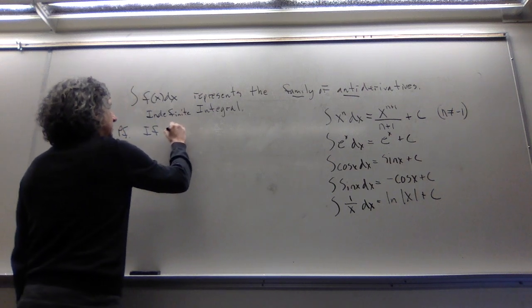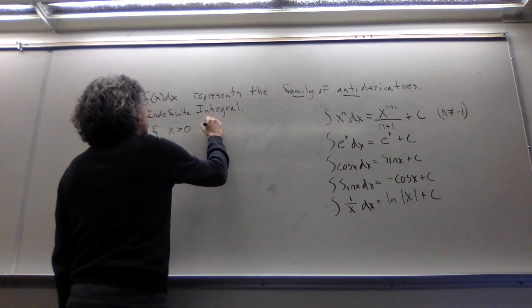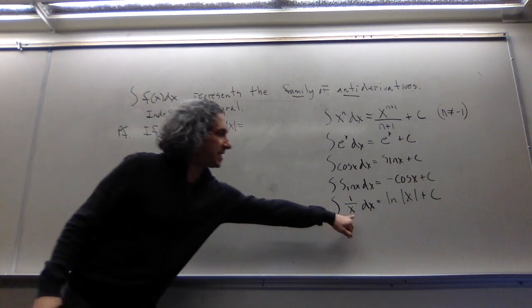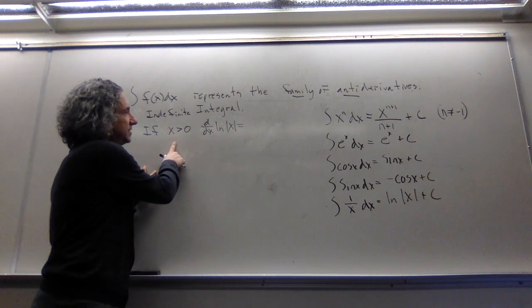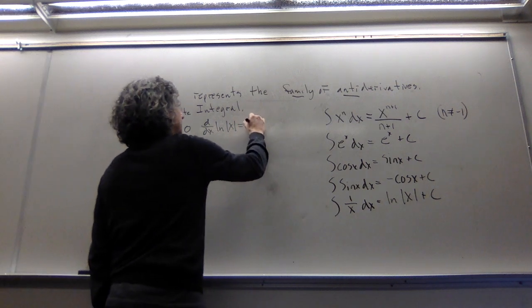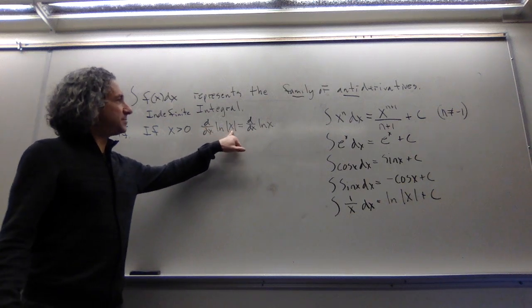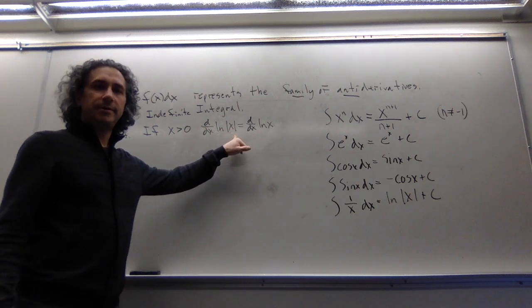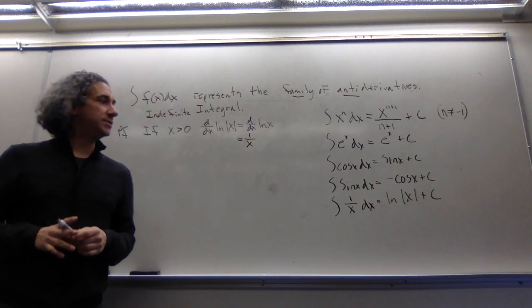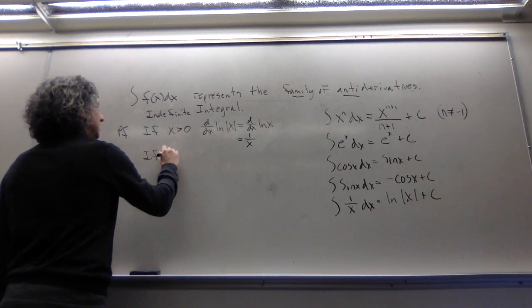So if x is bigger than 0, then the derivative of the natural log of the absolute value of x, again, I'm hoping to get this guy out. Well, if x is bigger than 0, the absolute value of x is just x. The reason for this is that absolute value does nothing to positive numbers. And then we know from differential calculus that the derivative of the natural log of x is 1 over x. So that case is satisfied.